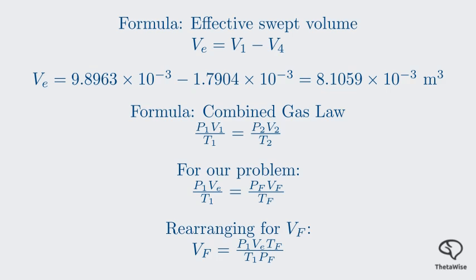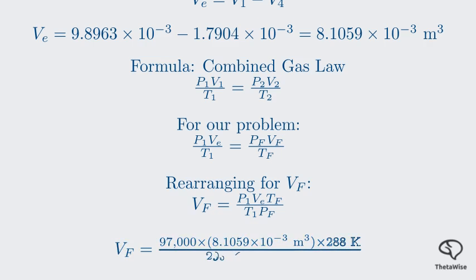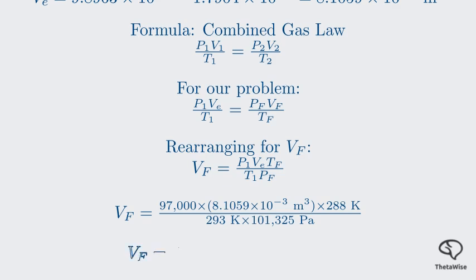The temperature T1F is 15 degrees Celsius, which is 288 Kelvin. Substituting all the values we've calculated and the free air conditions, we get VF equals 97,000 times 8.1059 times 10 to the negative 3 times 288, all divided by 293 times 101,125. This gives us a free air volume per stroke of approximately 0.07621 cubic meters. The memo has